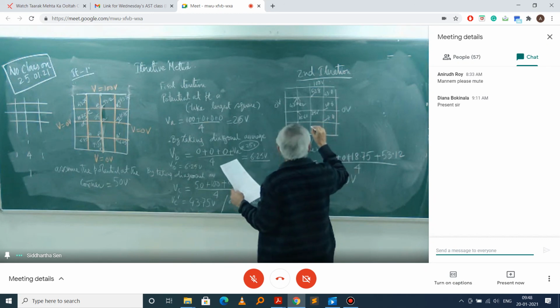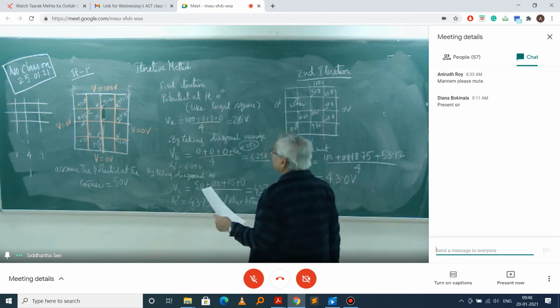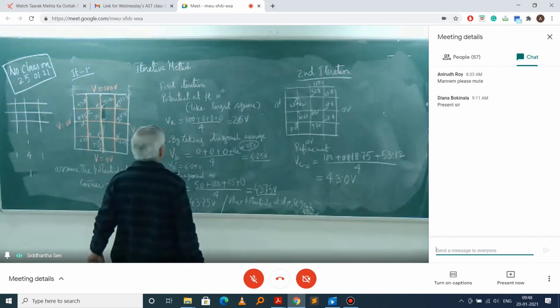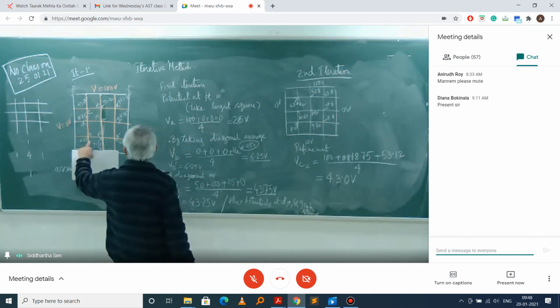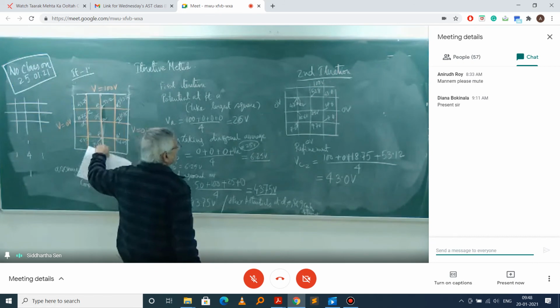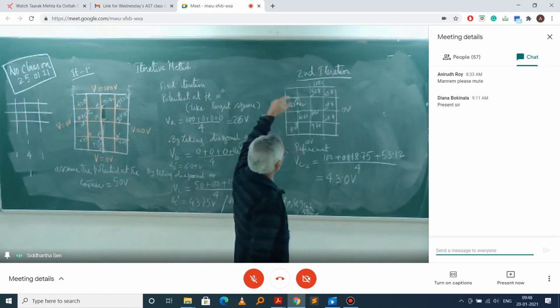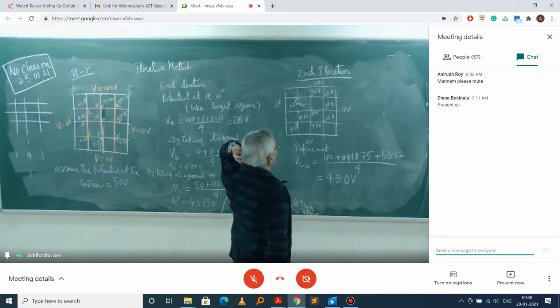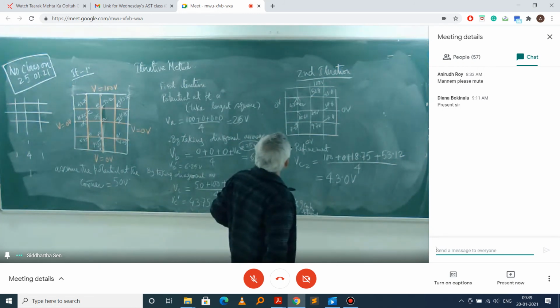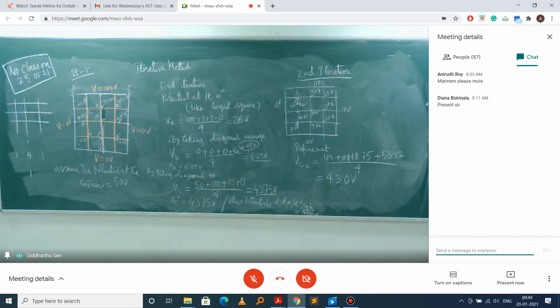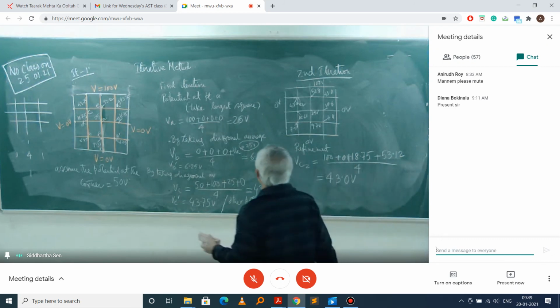And this point is 9.7 volt. So you can see everything, it was 9.37, it becomes 9.7. It was 6.25, it has come in the second iteration closer to this one. And if we go for one further iteration in the same way, you take the further value of this one. Finally, it will converge at some point, and the final result will be